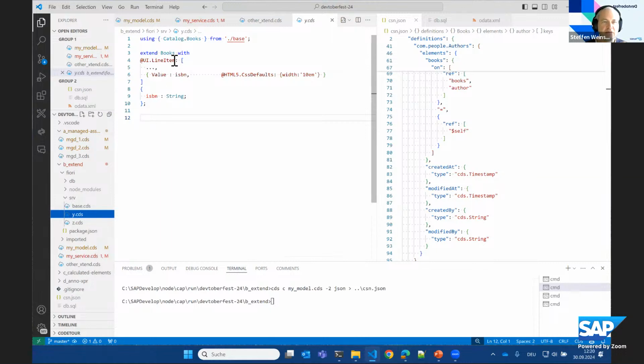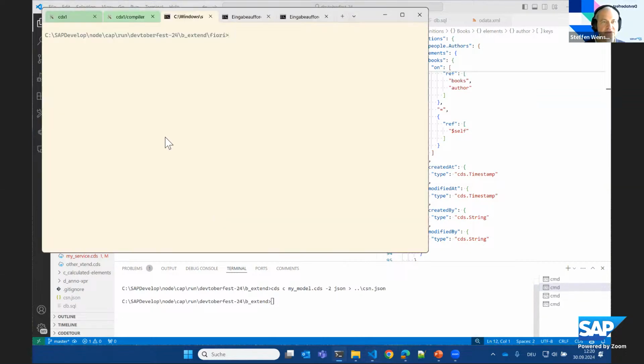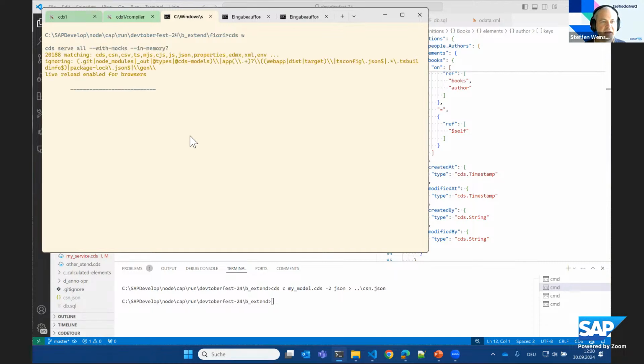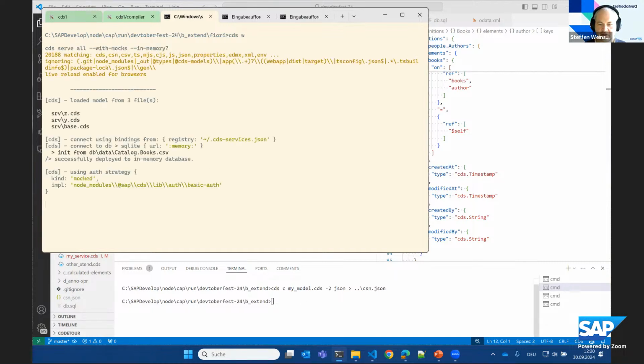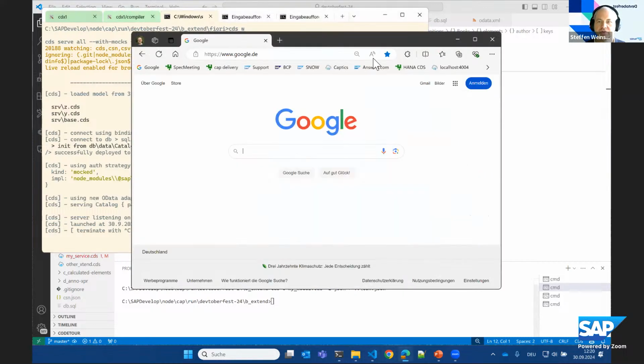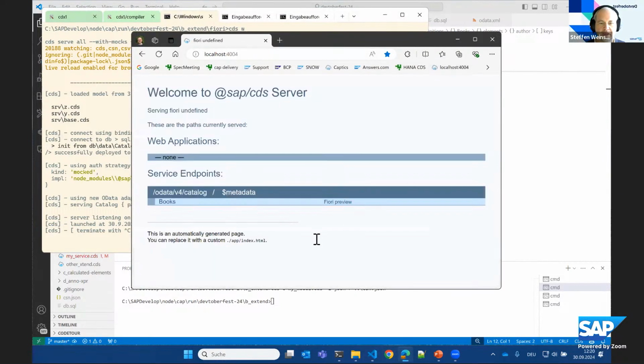This tells the compiler when applying this extension, don't overwrite the complete array, but just take, where the 3 dots are, the old values that are already in the array and just add the new values at the end. So now let's just run this application with cds watch. I can start up the whole node runtime and see that it should work. And then I go just to my localhost here. I have a Fiori preview and I see